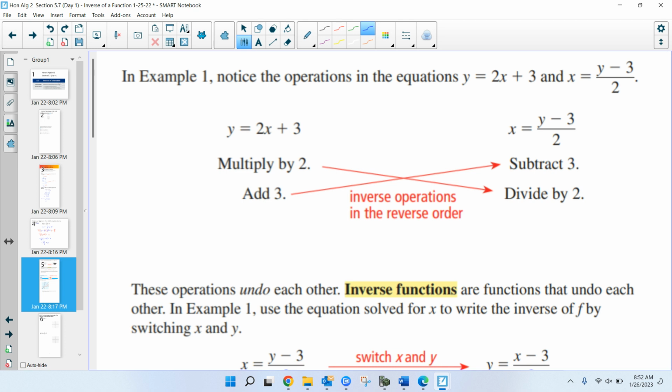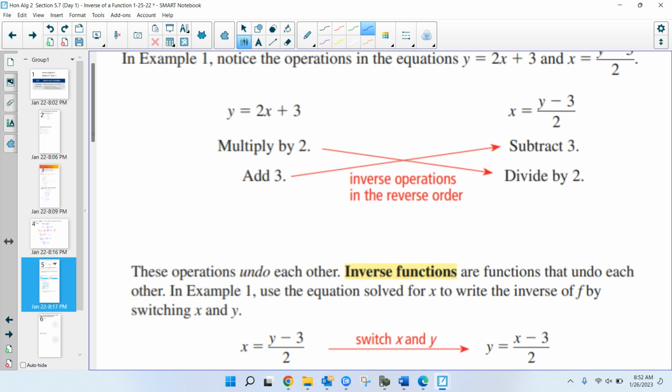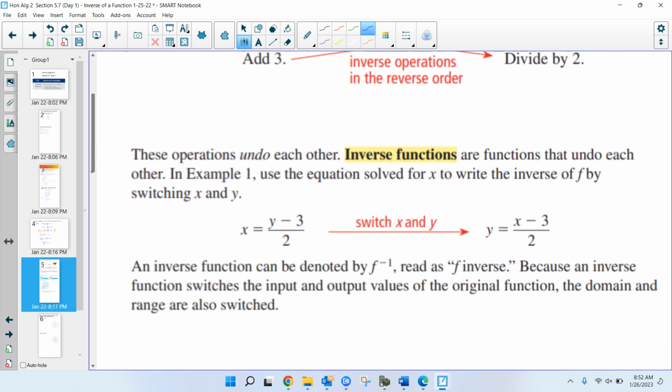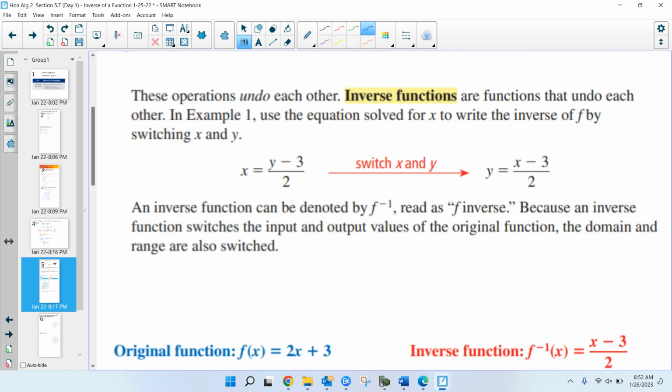You can probably see those operations are inverse operations of one another. And all they've done is they've swapped. They've solved for x over there, like we did in the first couple examples. This one is the original problem. These operations undo each other. Inverse operations are functions that undo each other. Now, that's not really a mathematical way to put it, but